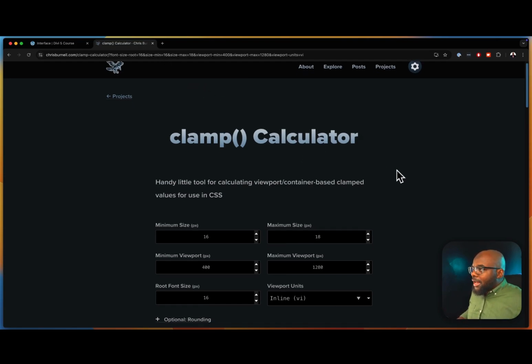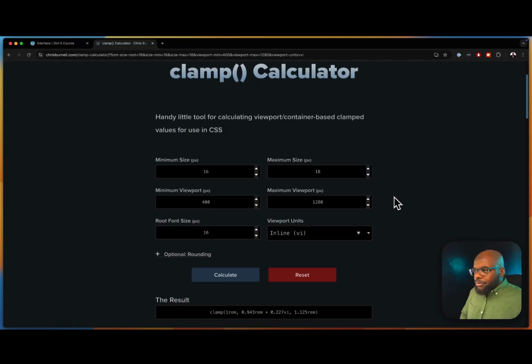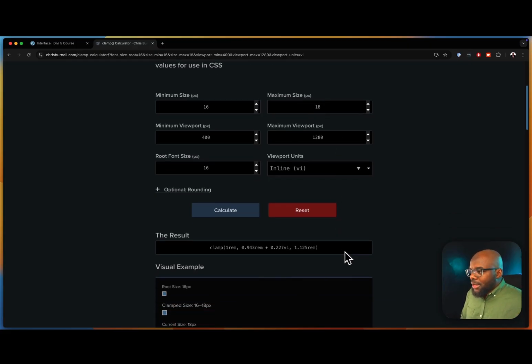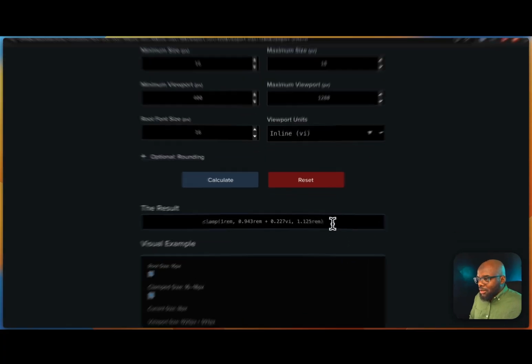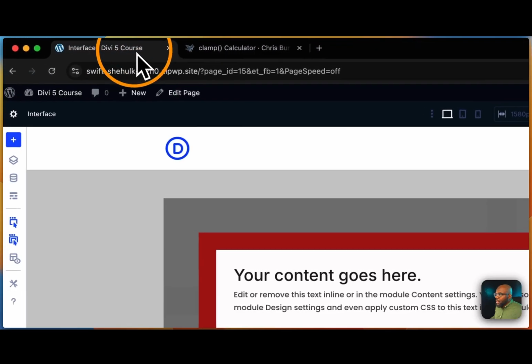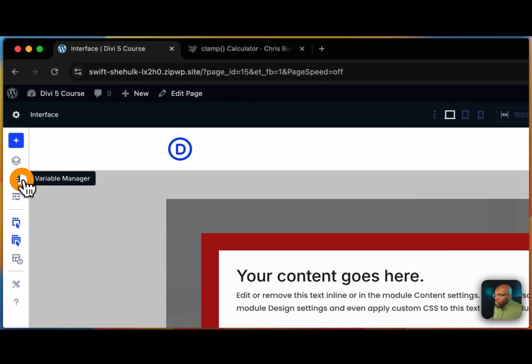All right, so here I have my clamp calculator. I'm just using this for my normal body text. I've already calculated this based on my maximum viewport, which is 1280 pixels, and my minimum is going to be 400. This is for my normal text on my screen, which is going to be about 16 minimum and 18 maximum. All right, so let's go ahead and add our value. This is our value right here. I'm just going to copy that whole thing, come over here, and then I'm going to go to my variables